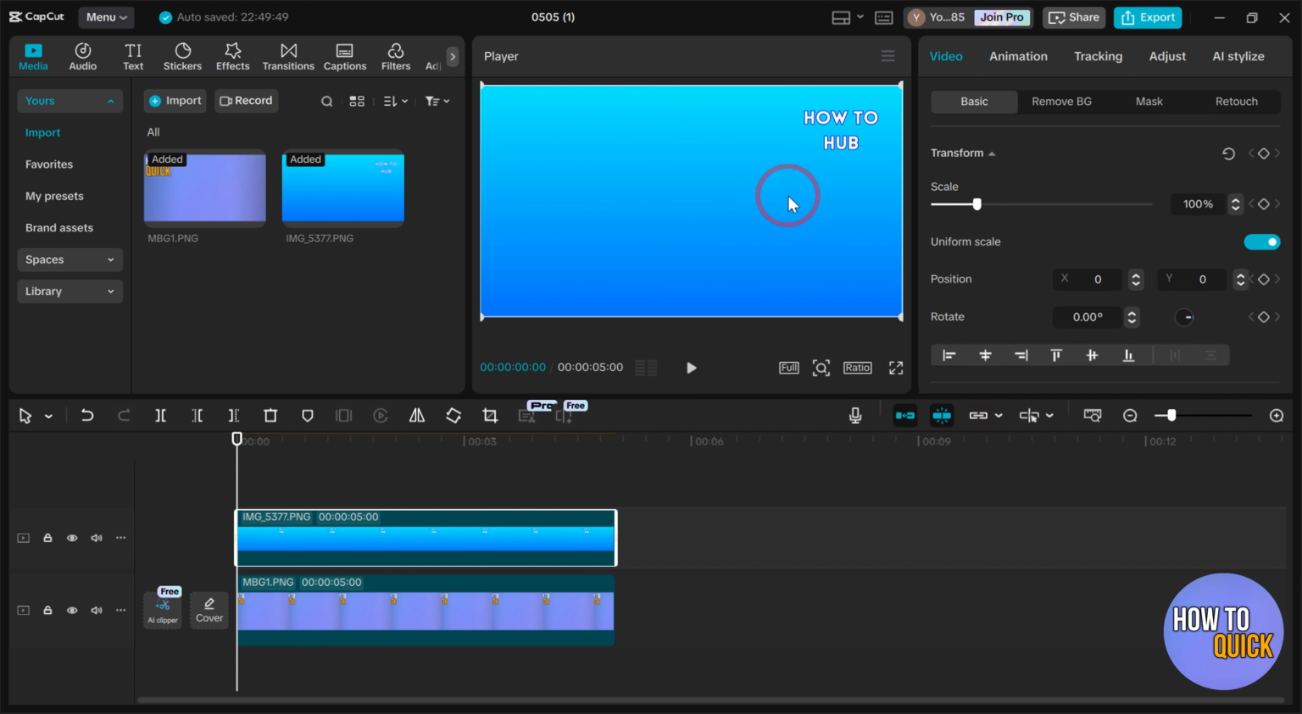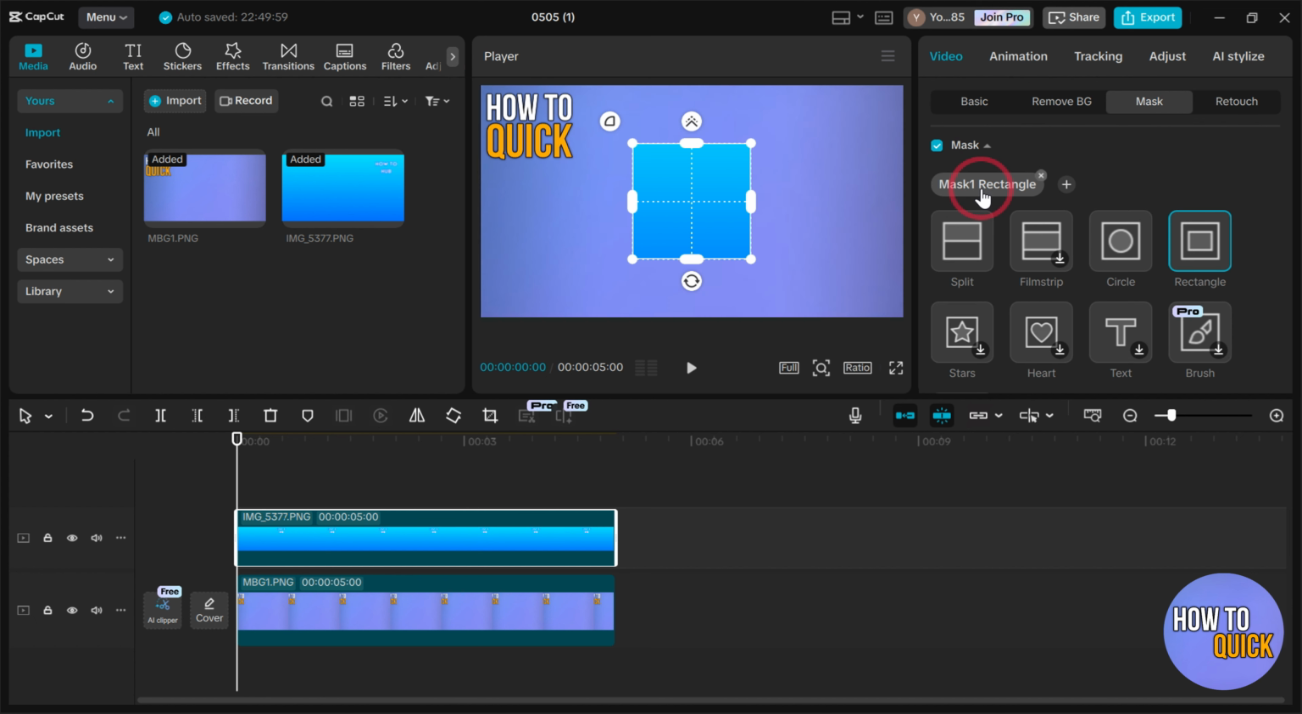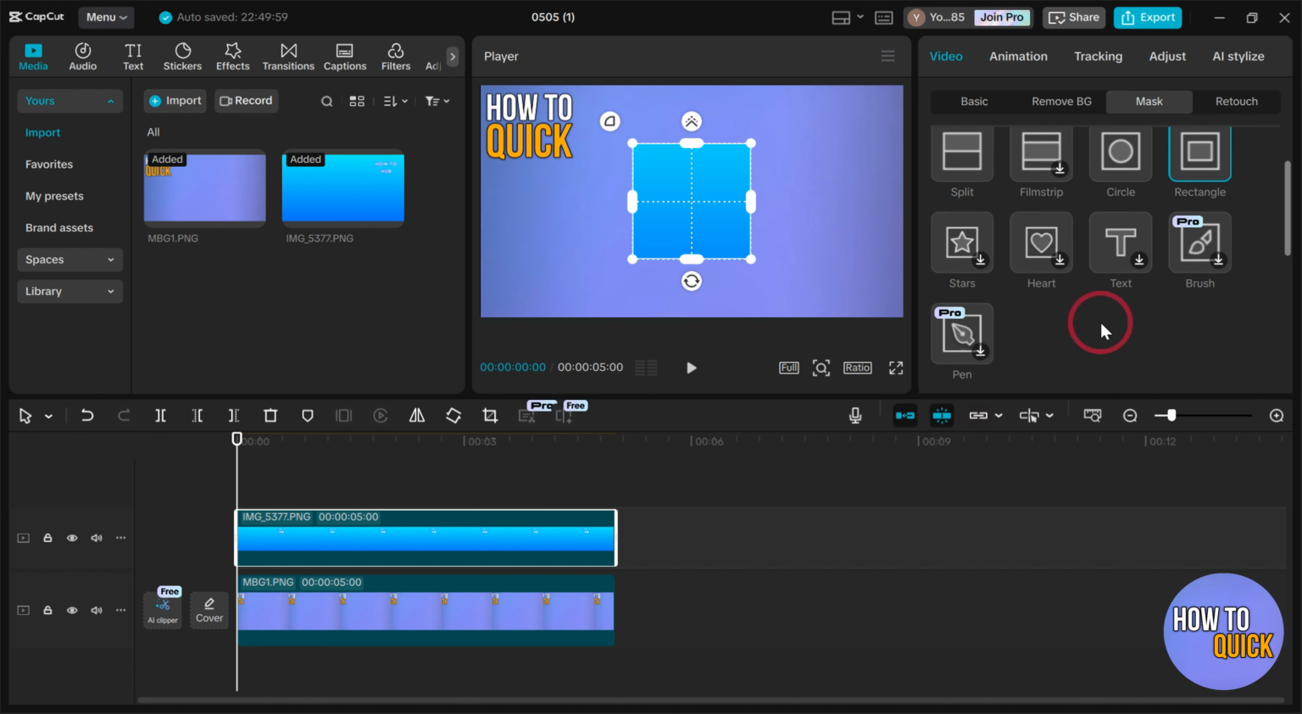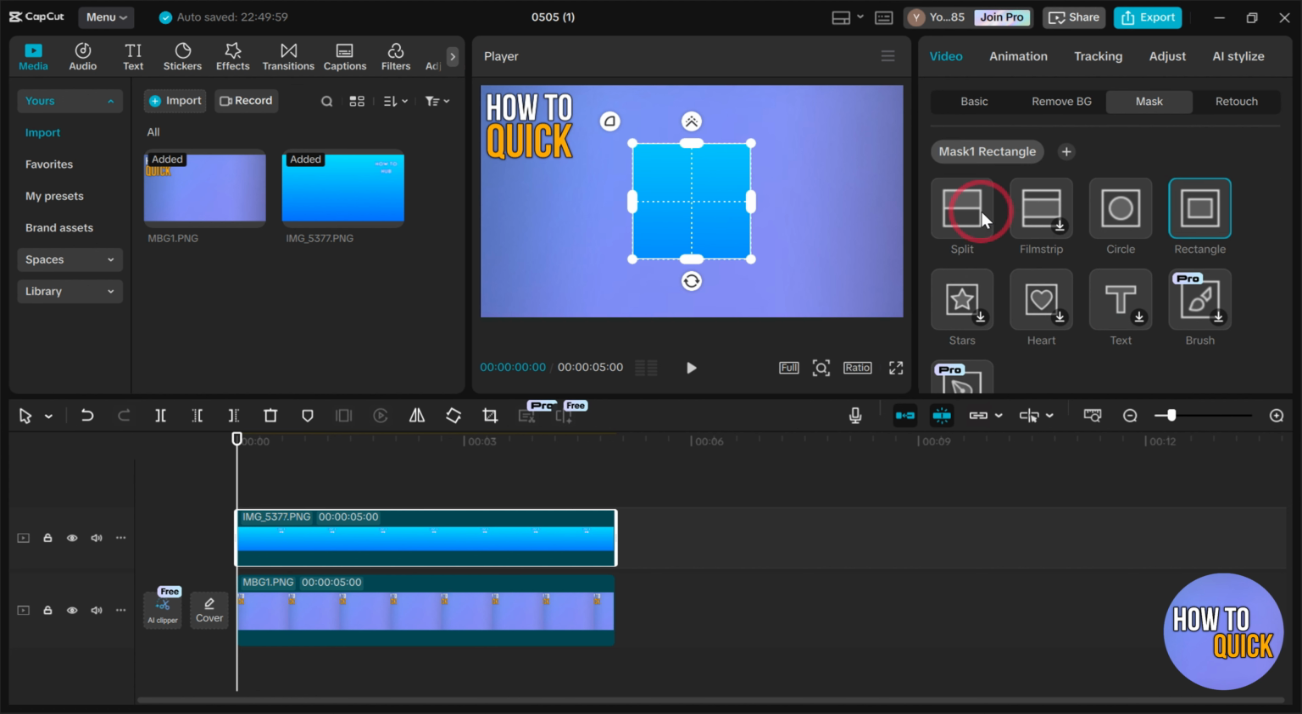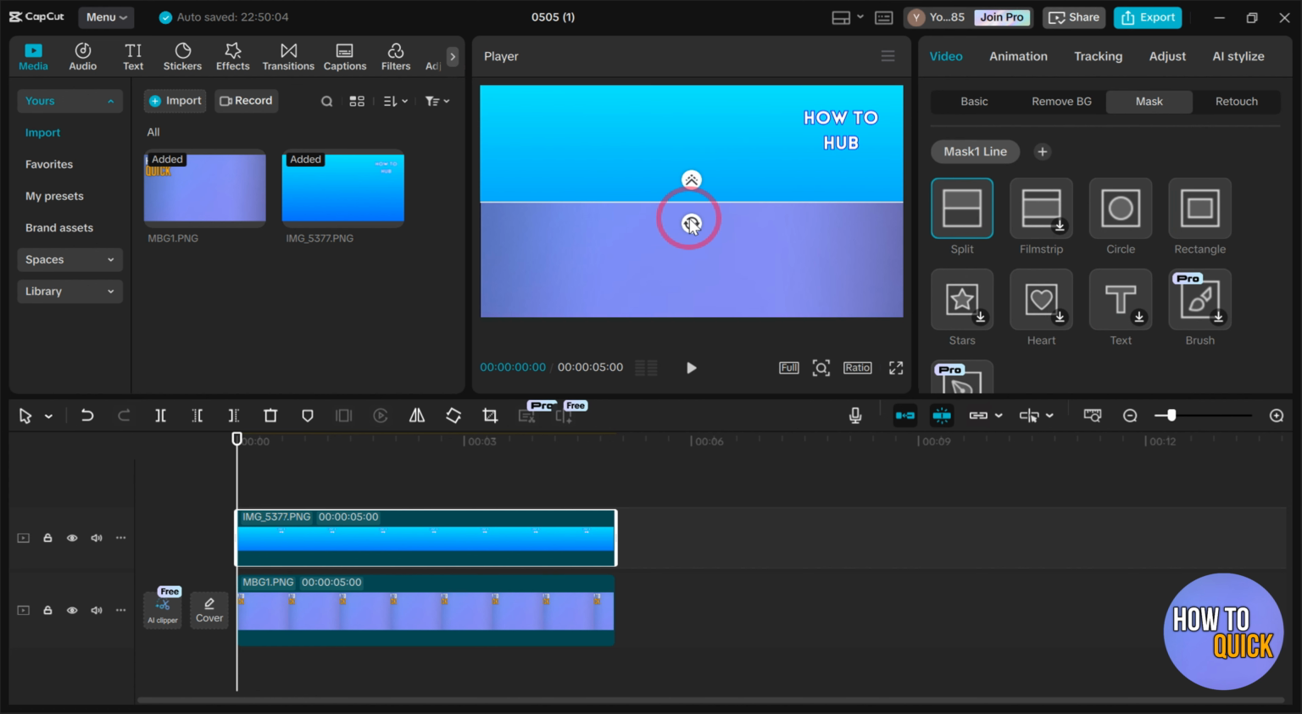So I'm going to just use split screen on these now. Now you have to just come to this mask option under the video section. You'll find this mask option, click it and then click add mask. Now you can choose any mask that you like over here. I'm going to use the split one, and once done, now you can adjust the space that you want for